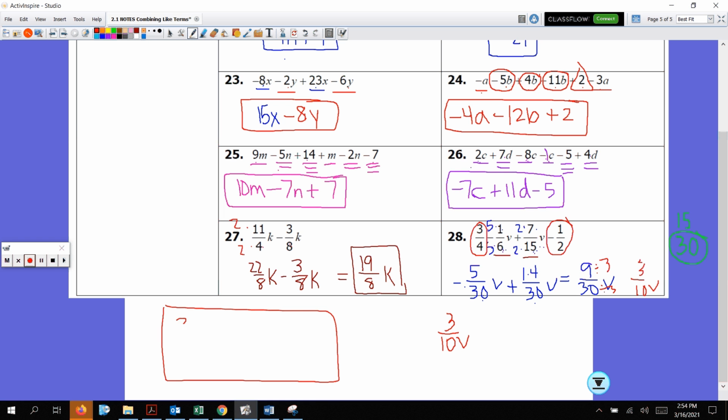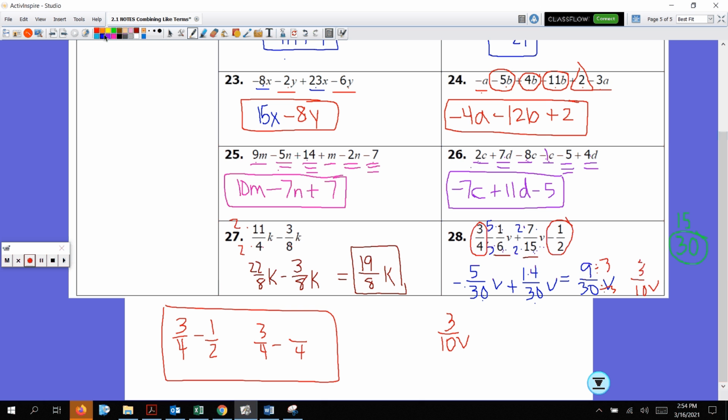So I have positive 3/4 minus 1/2. I cannot subtract because I do not have common denominators. I have a 4 and I have a 2. Does 2 go into 4? Yes, it does. Thank goodness. So when I rewrite it, I have 3 over 4 minus